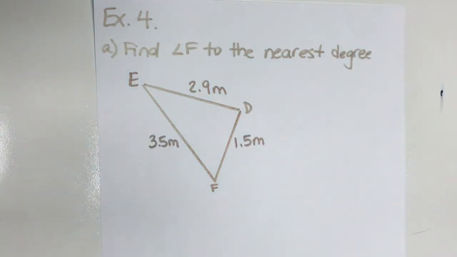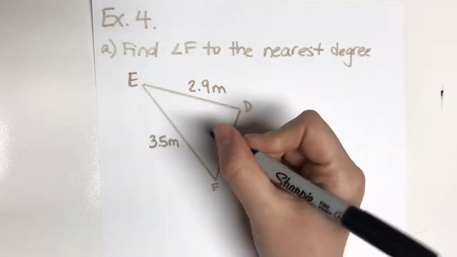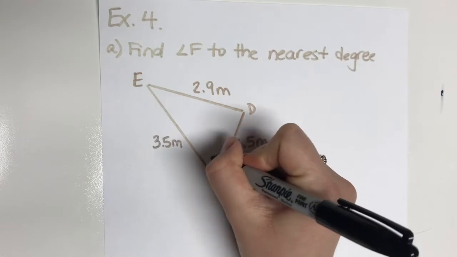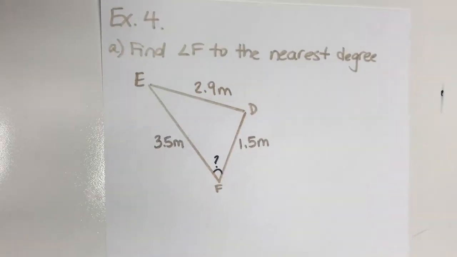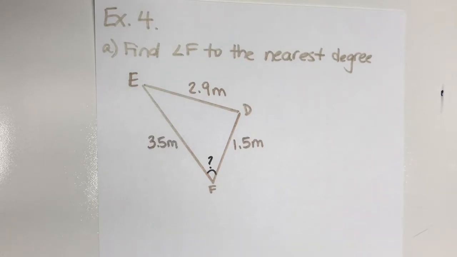So let's take a look at this cosine law example. It says to find angle F to the nearest degree, and I've sketched the triangle from the question. So I'm trying to find angle F, that would be this one over here. The cosine law might be a little bit more challenging to remember than the sine law, but I'm going to write it out. So when we're looking for an angle,